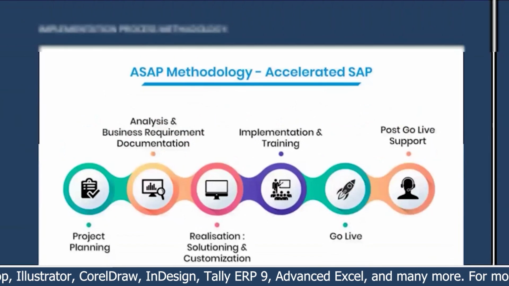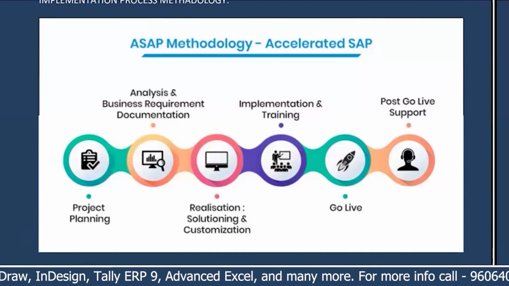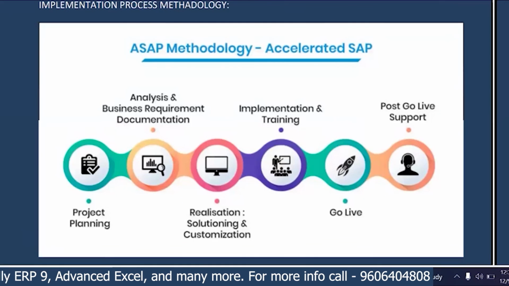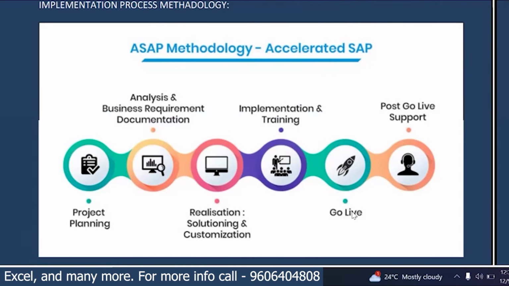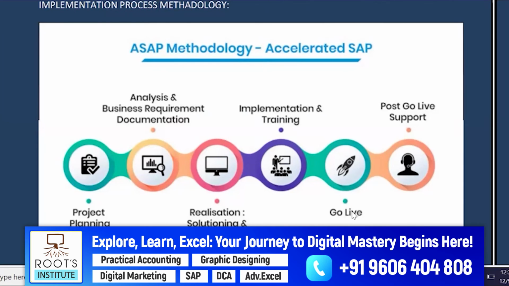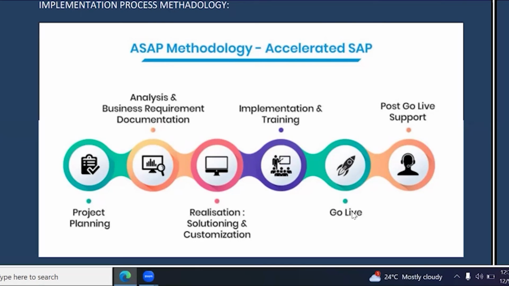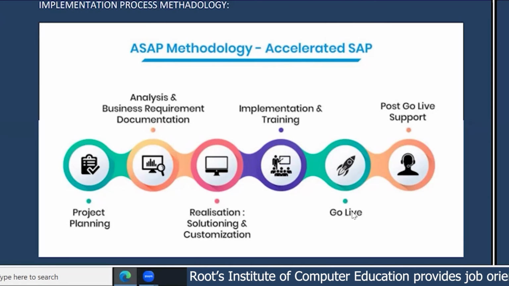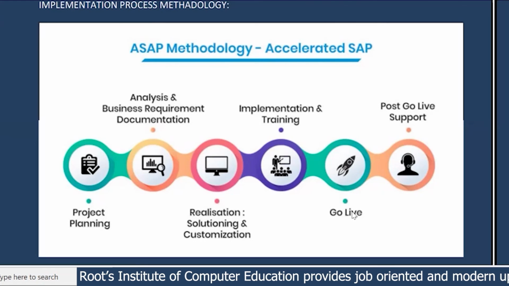Then we are also having clarity about the implementation process methodology. We call it SAP methodology, Accelerated SAP. So what are the stages of implementation? What do we do in the first stage, what is in the second stage? Okay, what are the project types we have, like implementation project, support project, roll out project? What does it mean exactly? So what is the team size, and what are the ticketing tools we have in the current market? Ticketing tools include Remedy, Redix, Solution Manager, and Citrix. There are many ticketing tools in the market.